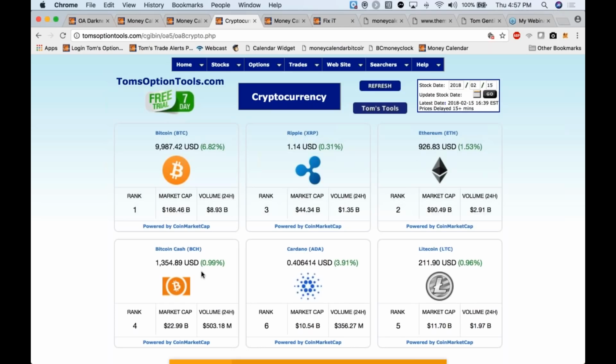Bitcoin Cash kind of replicates Bitcoin. It's like a smaller Bitcoin. Then Cardano, which I don't really follow as much, and Litecoin, which traded below 150 last week. It's up to 211. But you can click on these little widgets and get more information on each of these coins, as well as charts on each of them. All right. So